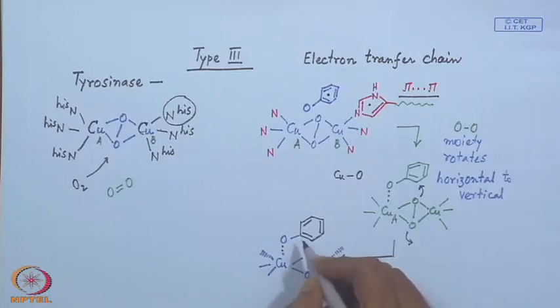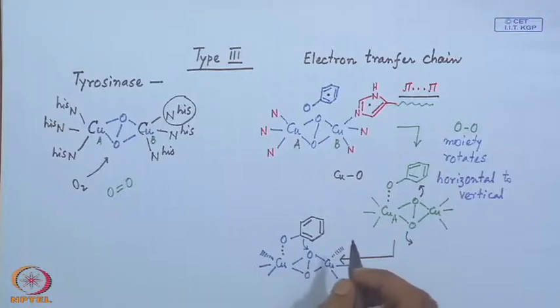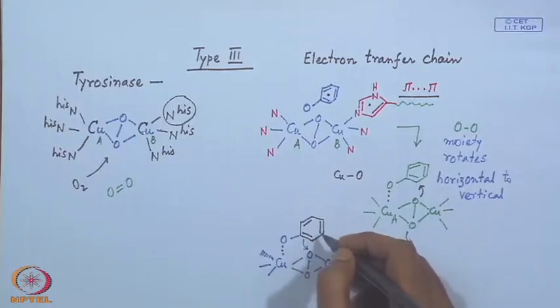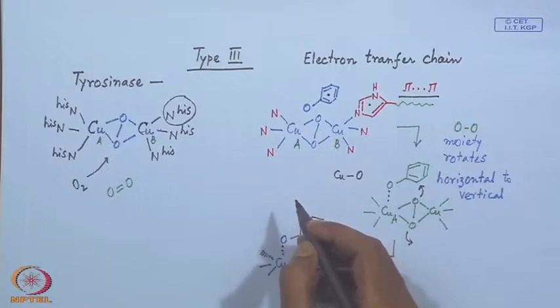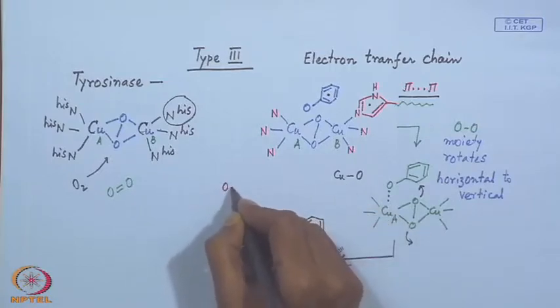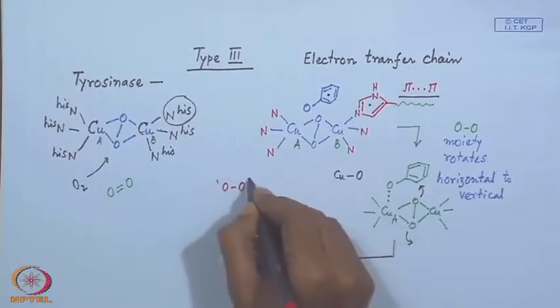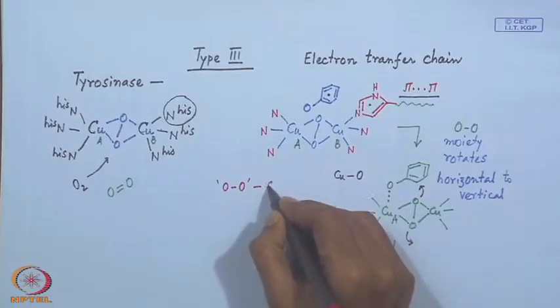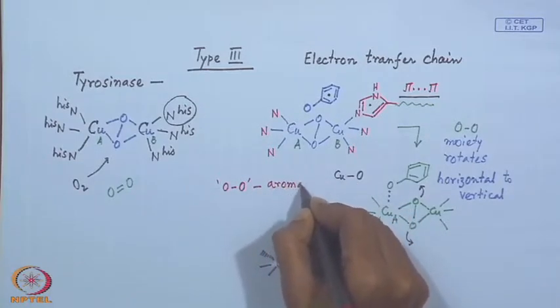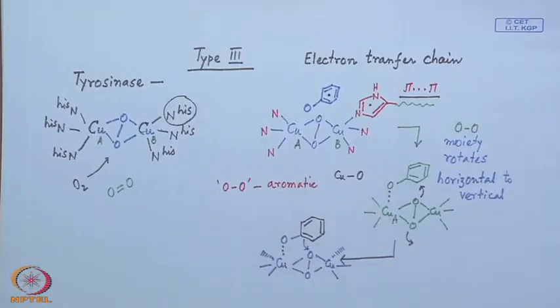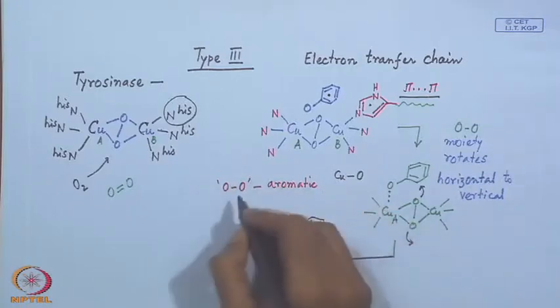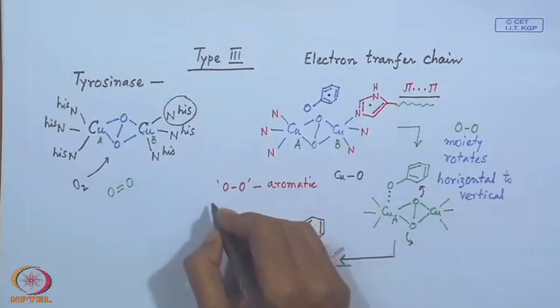So, in the next step, this will react with this oxygen. So, your reagent is ready. Your reagent will transfer this oxygen to this phenyl ring. So, there is an electrophilic attack of this OO moiety, the entire OO moiety, on the aromatic ring. So, this particular unit is attacking your aromatic ring,